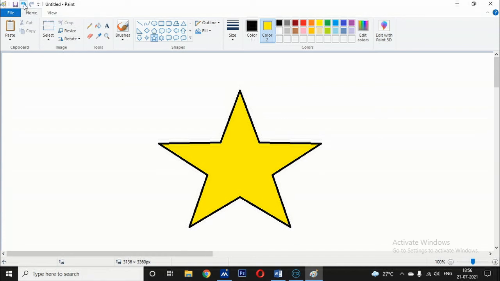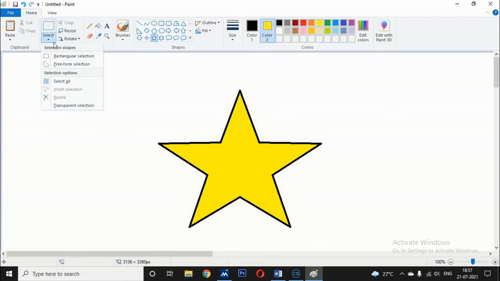This is called undo, and the shortcut key for undo is Ctrl plus Z. And this is redo, and the shortcut key for redo is Ctrl plus Y.